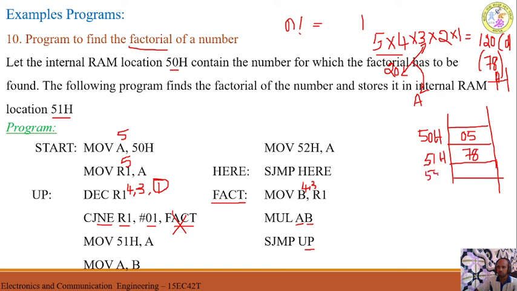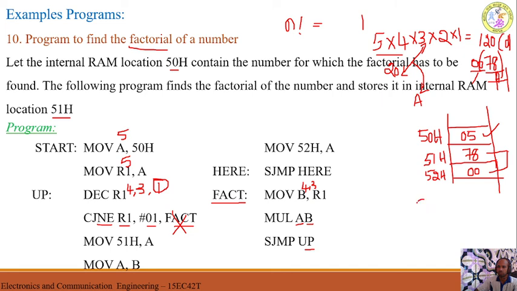So to the memory location 52, the content of B will be stored. In this case B is equal to 00. 78 can also be written as 0078. So 00 is in the B register, 78 is in the A register. You can take some larger number and try with your calculator and observe what type of result you are going to get.